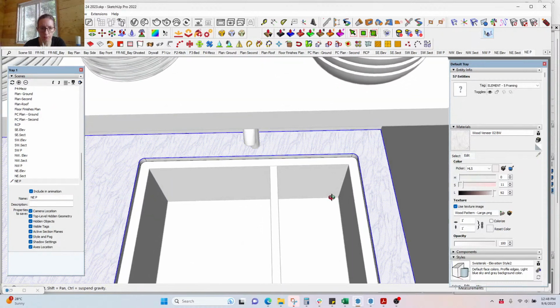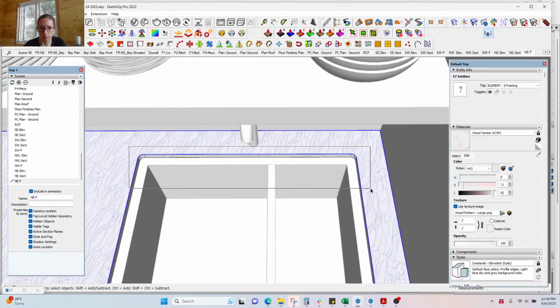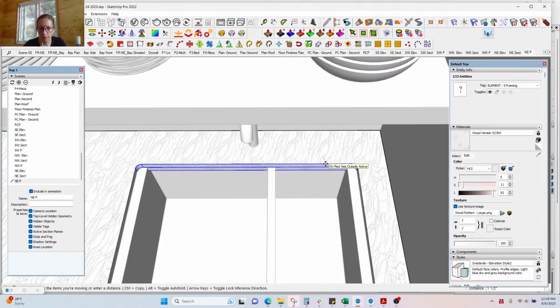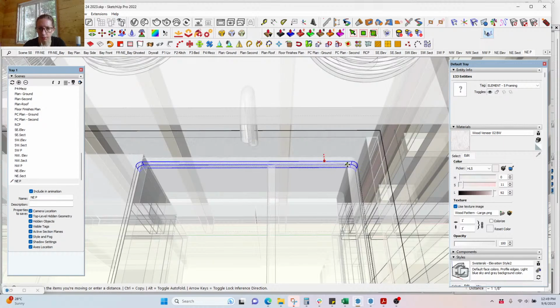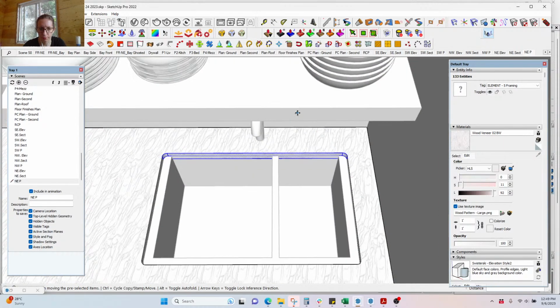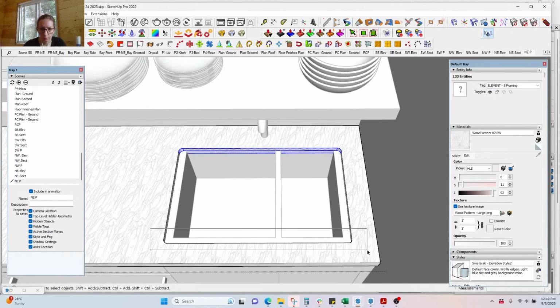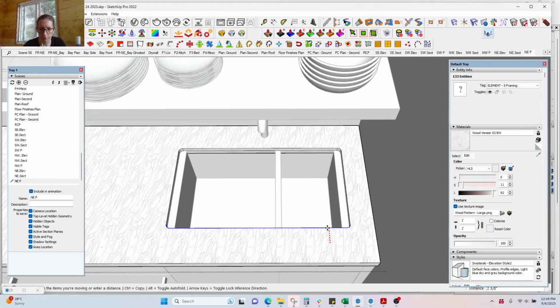Okay, I'm just gonna cheat. Move that forward. Go into X-ray mode so I can see my reference points. And grab all that, move it forward, X-ray mode,